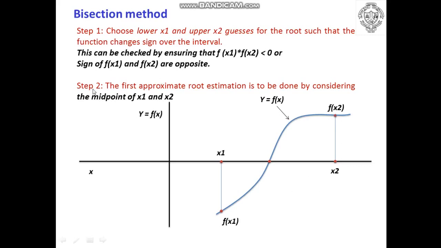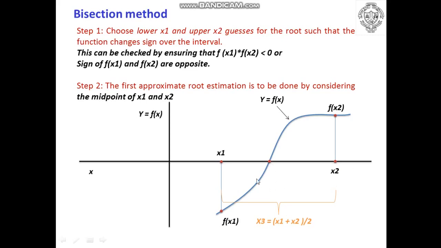Now, as per the bisection method, we have to find the midpoint between these 2 points. That means we have to find the midpoint of x1 and x2. So for that, we can consider the formula x1 plus x2 divided by 2, which will give us x3. This x3 value is considered to be the value of this particular root, the exact root where we have to approach or converge.